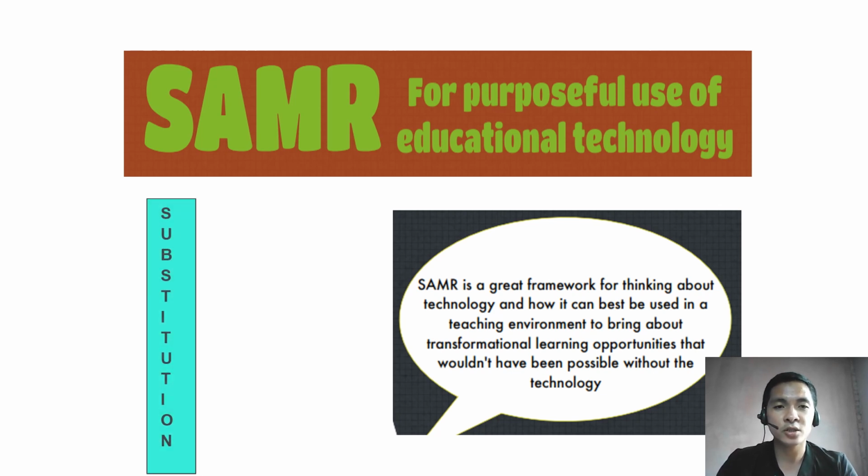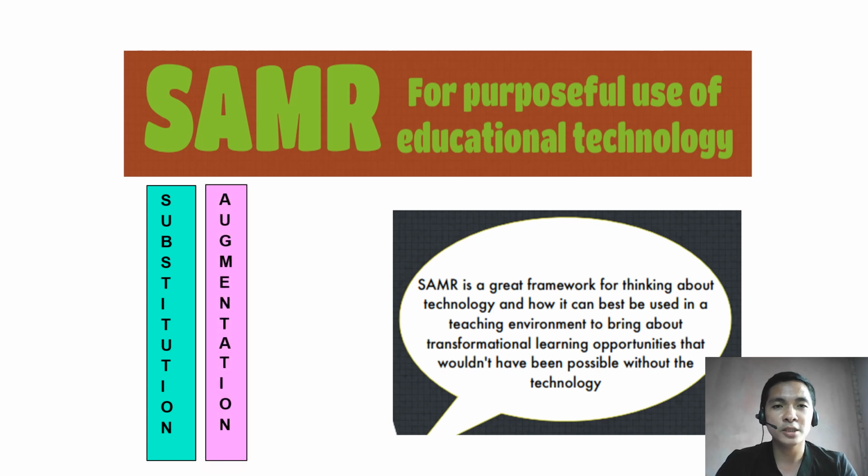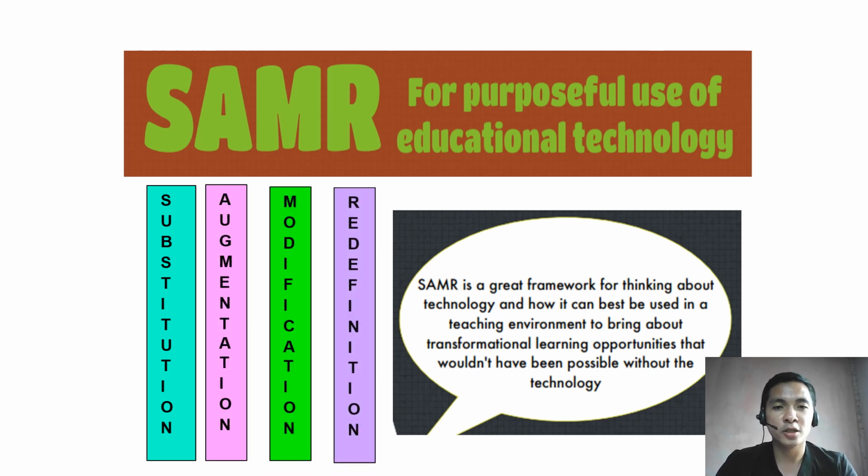So SAMR means substitution, augmentation, modification, and redefinition. For the substitution, technology acts as a direct substitute with no functional change. At this level, there is no substantial gain from using technology and it is usually teacher-centric. For example, students are typing a piece of poetry rather than handwriting, right? So teachers often begin at the substitution level but should not feel pressured to use technology where there is no